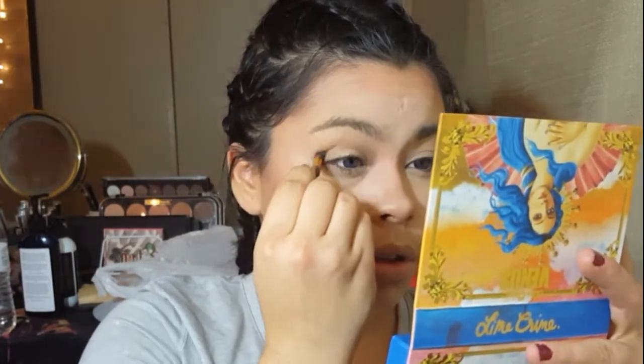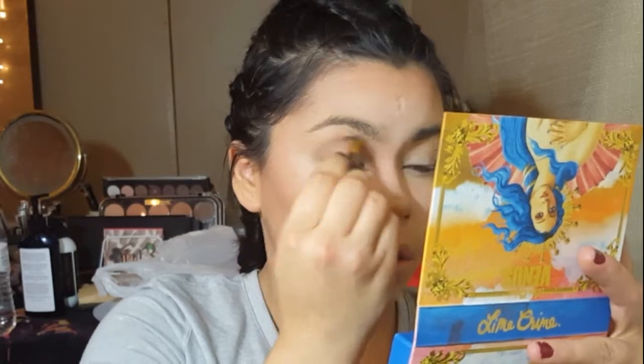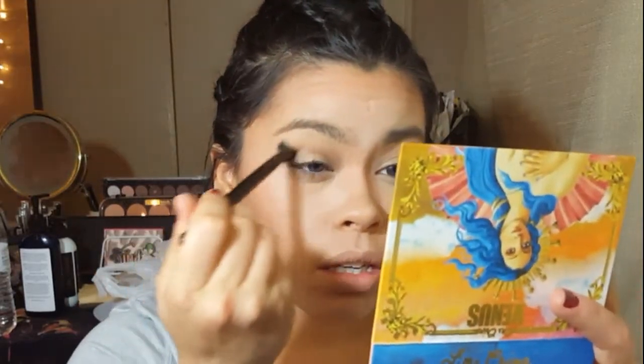Yeah, no, I'm not really feeling that brush. So I'm going to go ahead and use, I just got this in the mail, my BH Cosmetics blending brush. I wasn't really...